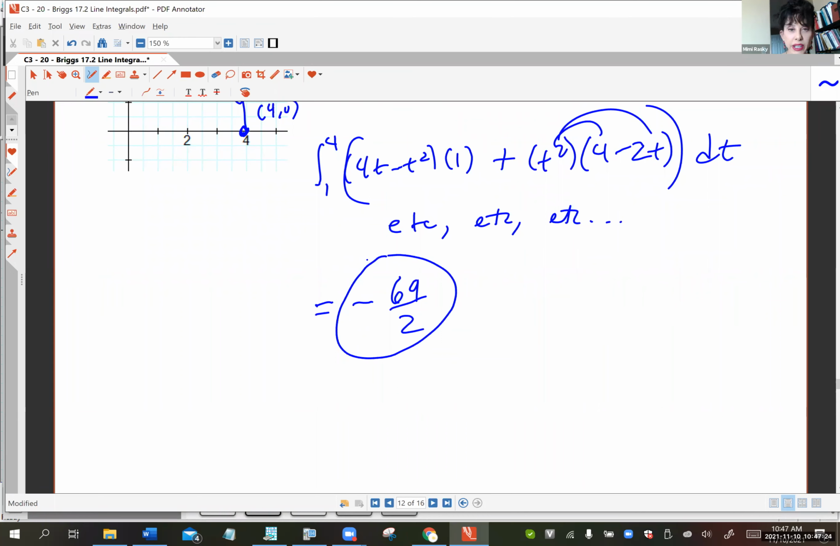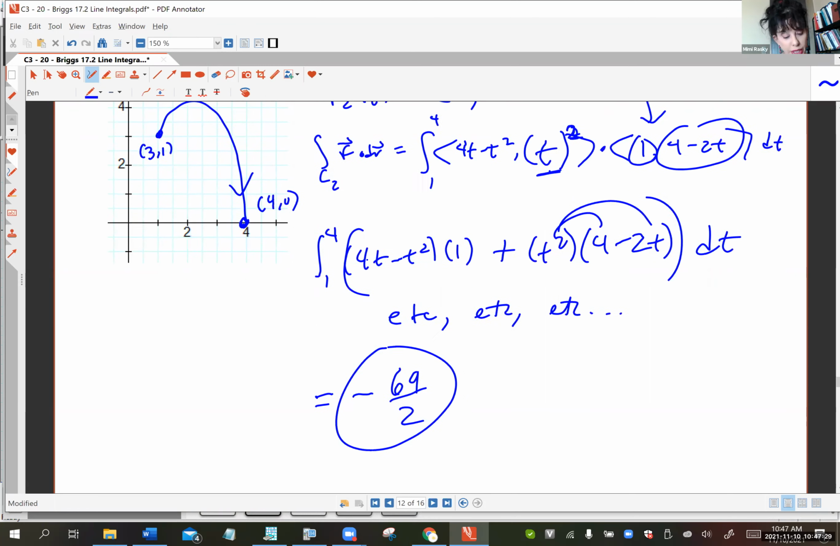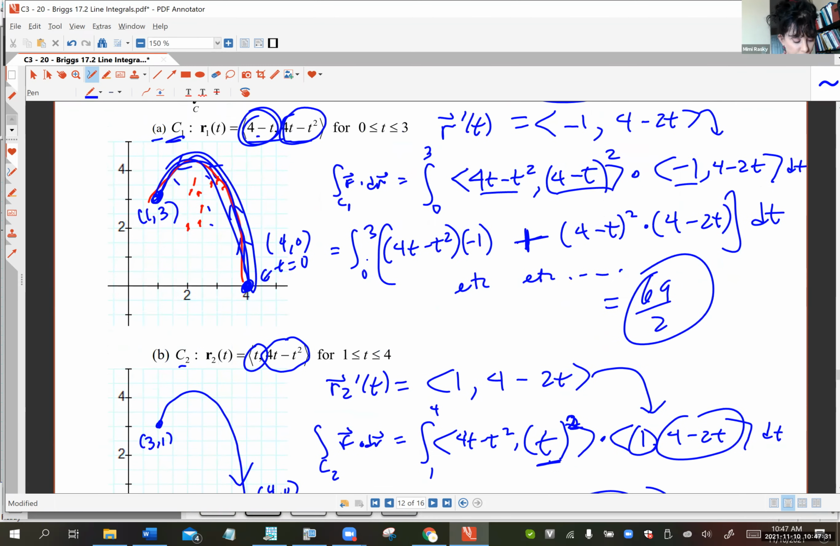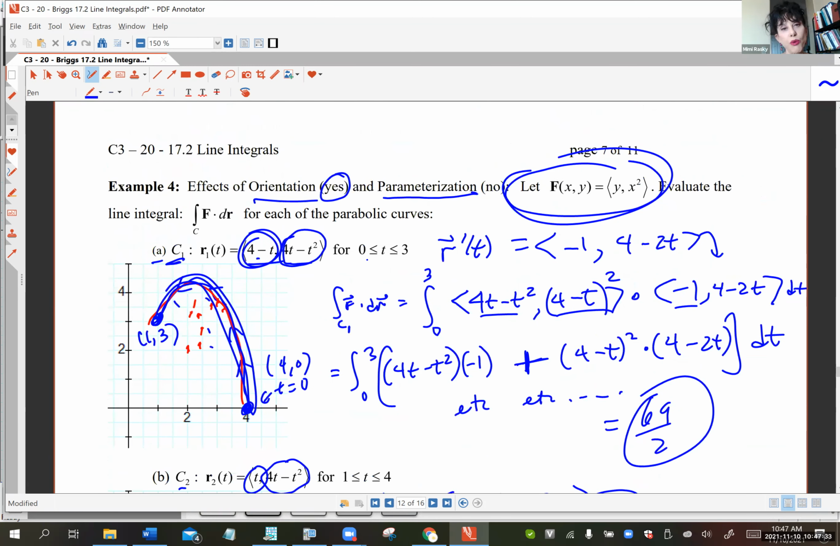Can you get a negative work done? Absolutely. You can get positive, negative, or zero when you're doing one of these work line integrals. So what is the moral of the story, for example, for